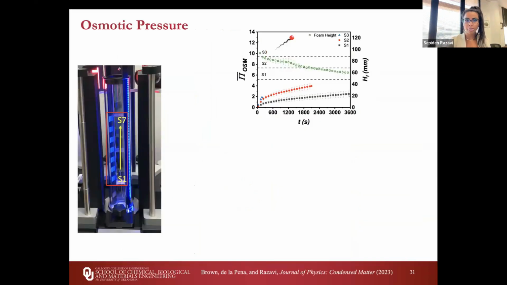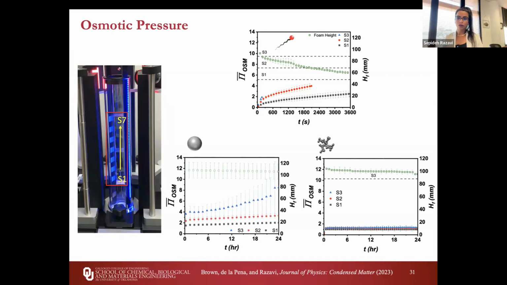that's developing. So if I go back to the data, here is the system of surfactants and how it's reducing the foam height as a function of time. And here is the osmotic pressure data for the 3 sensors. Sensor 1 is the closest to the bottom. As you can see, the liquid is draining so fast. Sensor 3, which is right here, is losing data very early on, followed by sensor 2, followed by sensor 1. So this foam is draining and destabilizing over a very short period of 1 hour.